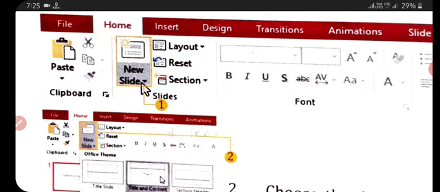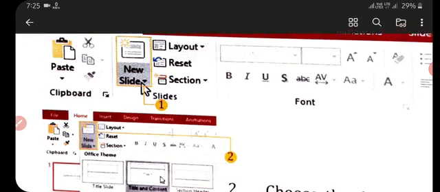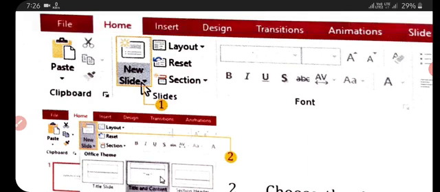So students, in the previous video we discussed what Microsoft PowerPoint is, what the use of a PowerPoint presentation is in our daily life, and how we do our work on a PowerPoint presentation. We also discussed understanding slides and slide layouts, where we covered many types of slide layouts like title slide, title and content, and many more. So in this video we discuss inserting a new slide. How do we insert a new slide?